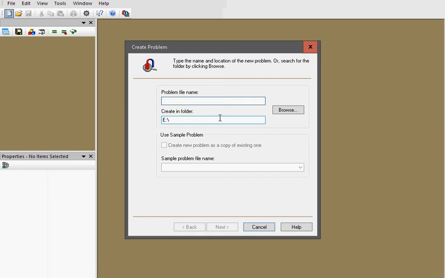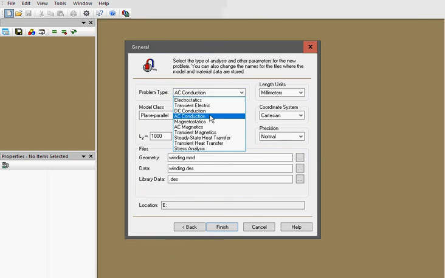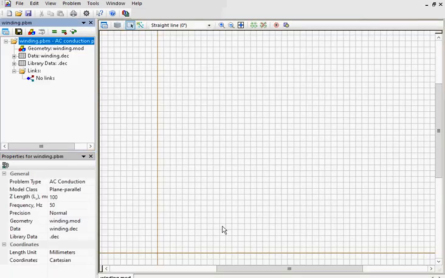In QuickField I create new problem. Problem name winding. Next. Problem type is AC conduction. Frequency is 50 Hz. Length units are millimeters. Model class is plane parallel. Model thickness is 100 millimeters. Finish. On the left you can see the problem pane, and on the right you can see the geometry model